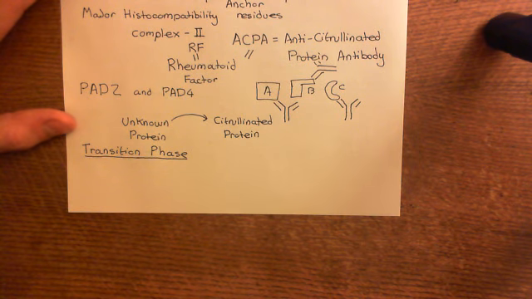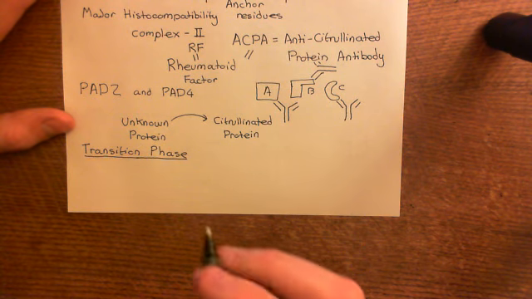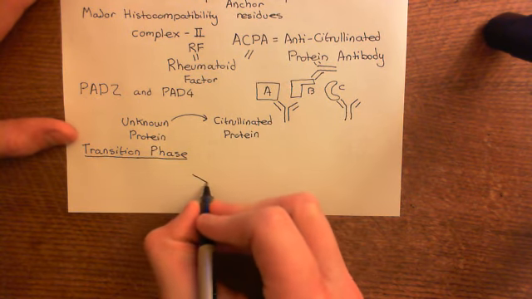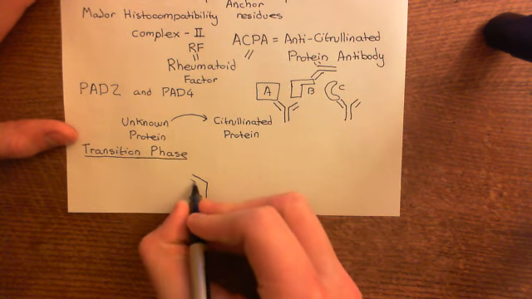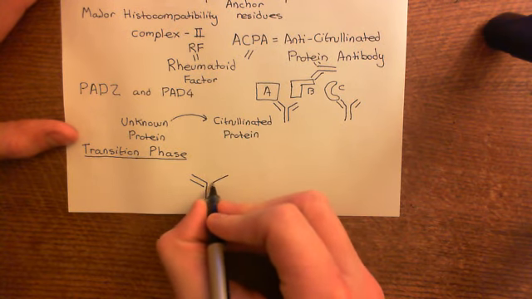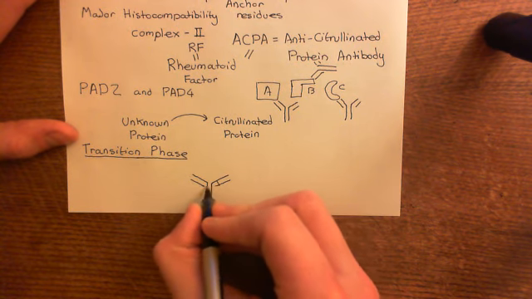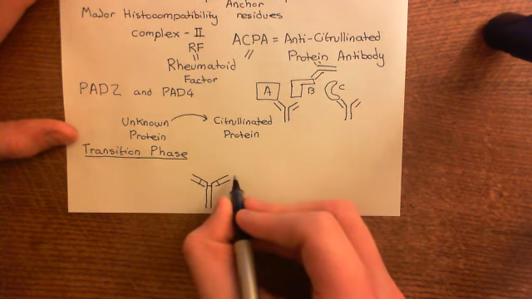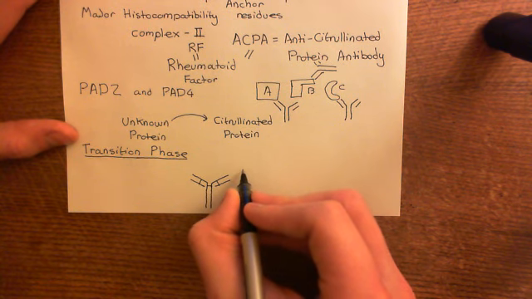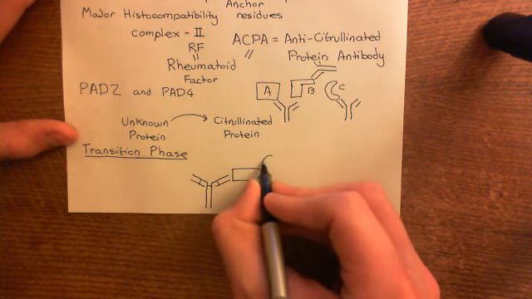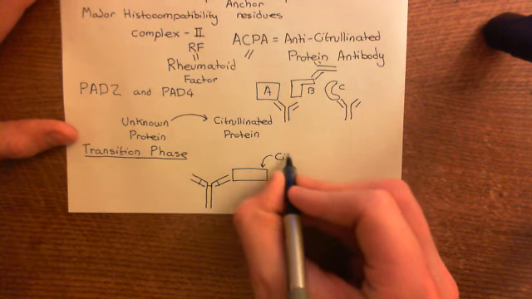So very, very shortly before you actually develop rheumatoid arthritis, you start producing a new antibody which is going to bind to a citrullinated protein. Now, which citrullinated protein does it bind to? Well, it's specifically going to bind to a protein known as citrullinated fibrinogen. So I'll put this here. So this protein is going to be citrullinated